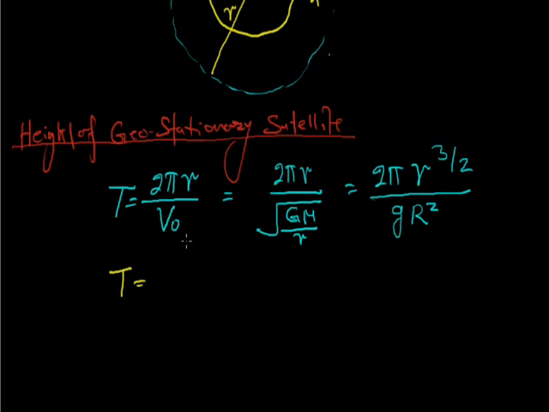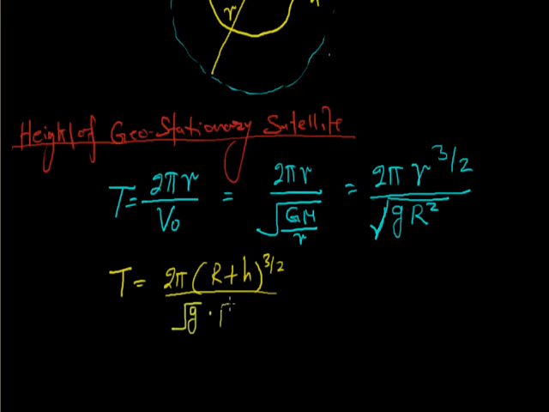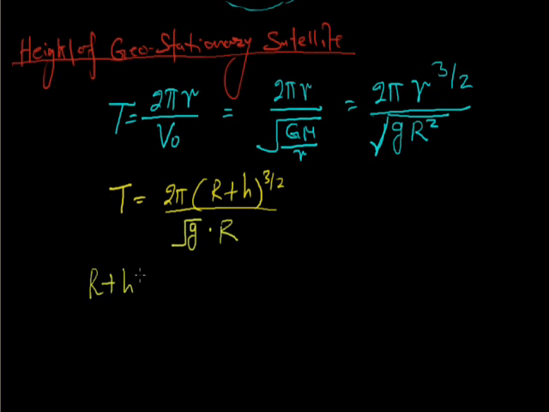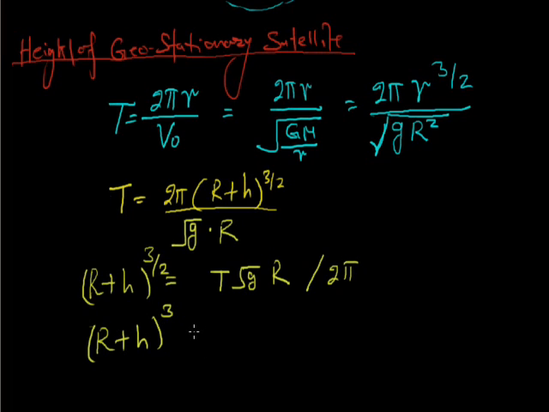So T will be equal to 2 pi (R plus h) raised to the power 3 by 2 upon root g R square, that is root g into R. So (R plus h) raised to the power 3 by 2 will be equal to T root g R divided by 2 pi, and (R plus h) cube equal to